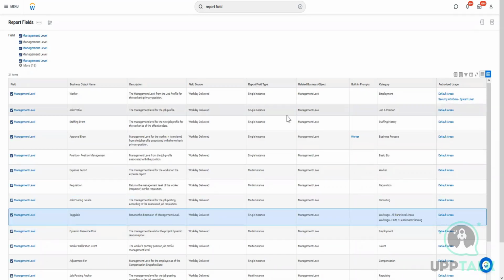Single instance is nothing but which will populate in a single row. Multi-instance field type is nothing but which will be populating multiple values in a single row. Single instance will populate one row, and multiple instance will populate all the values in one row. Example,